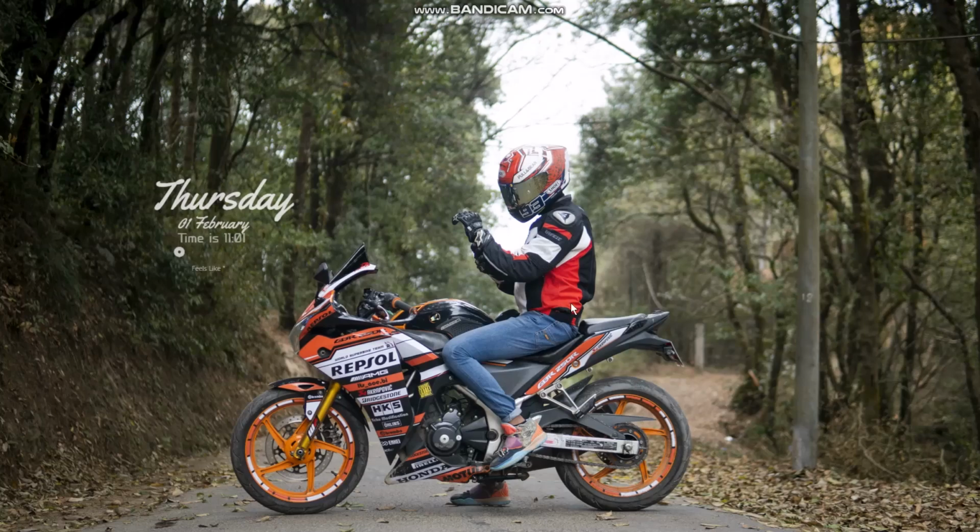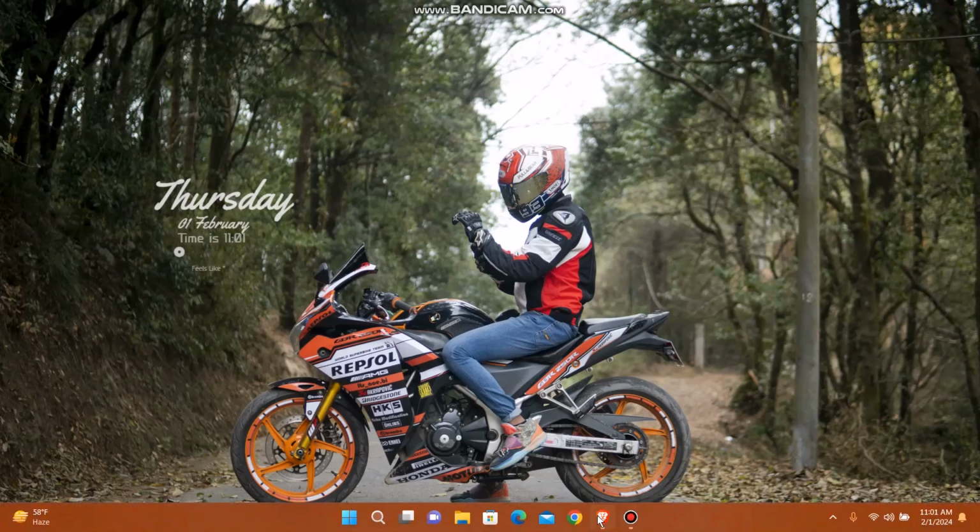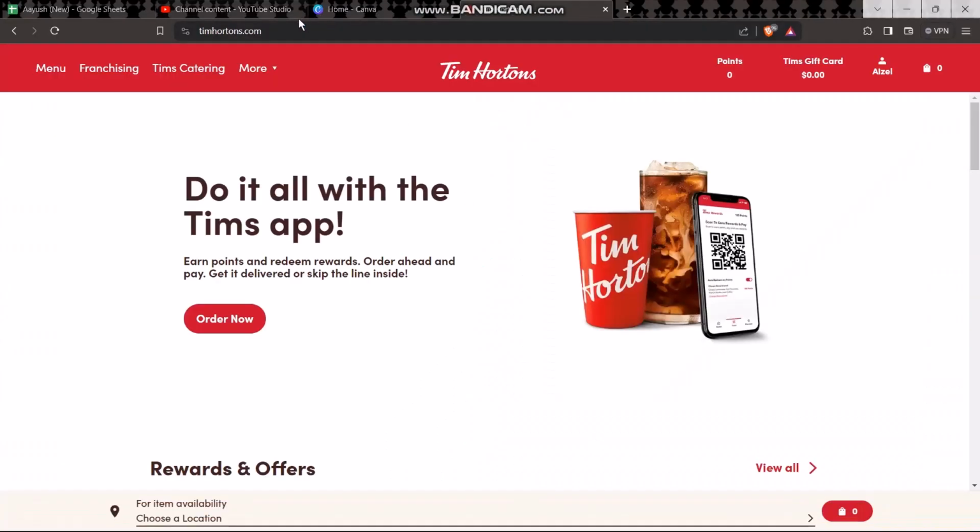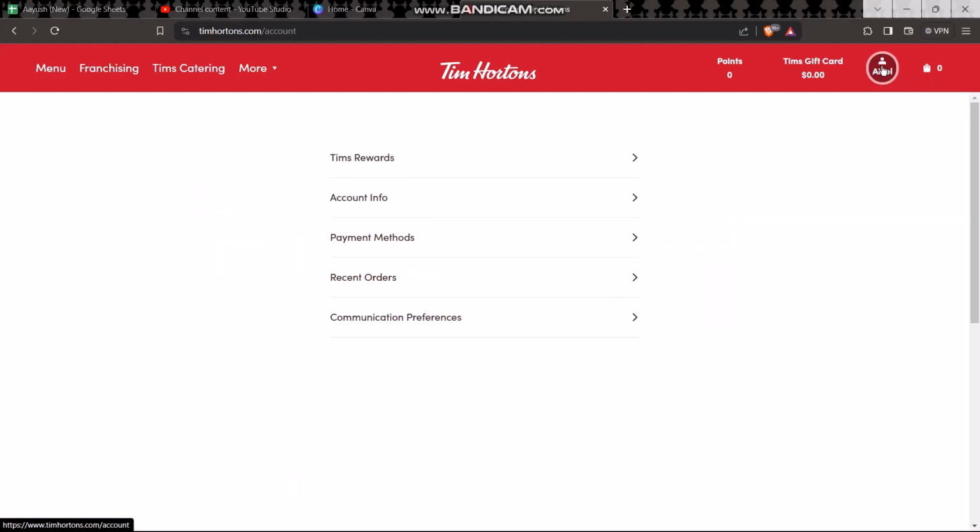Now the first thing that you need to do is open up your web browser, and here on the search bar simply type in timhortons.com, and once you enter you'll be seeing this kind of homepage. Now don't forget to log into your account as well, and once you log into your account simply click on the profile icon on the top right corner of the screen, and once you're inside here you'll be provided with these